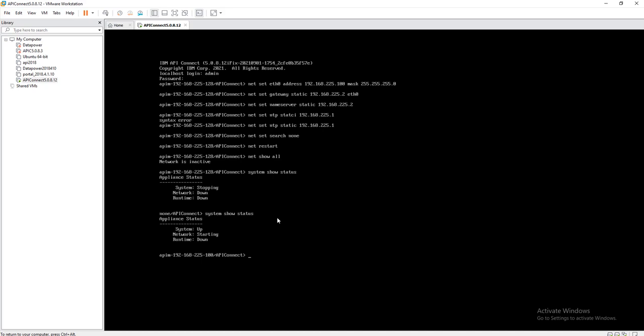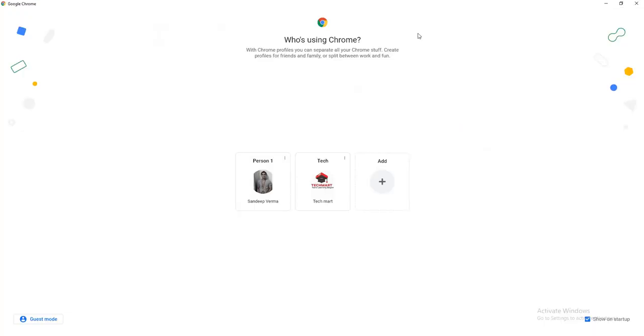Whenever you run the command system status, it will show the system, network and runtime. System and network take very little time to restart, but runtime takes time. Runtime basically belongs to your GUI, your API Connect and CMC, so it takes some time. So meanwhile we'll do one thing.